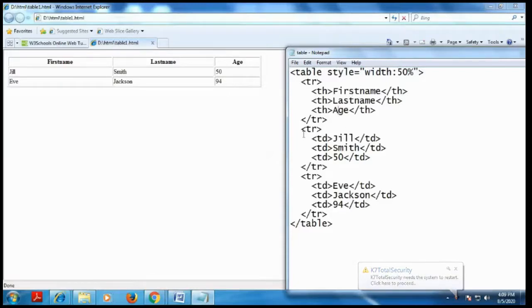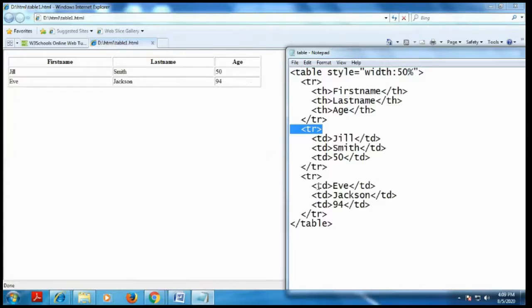Then I have to put the second row, so the tr tag is open. The row will be open. Then I have to insert the three data items depending on the field. That is, Jill is the first name, Smith is the last name, 50 is the age. See here, these records contain the particular fields. Next, the tr is closed, the second row is closed.